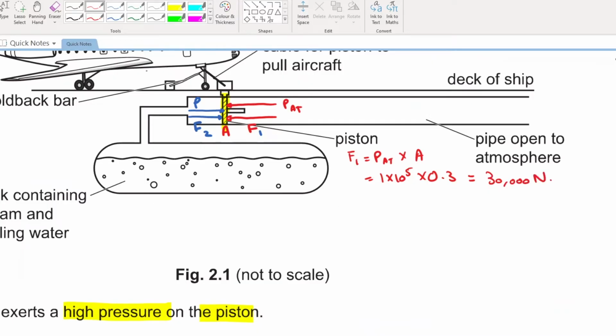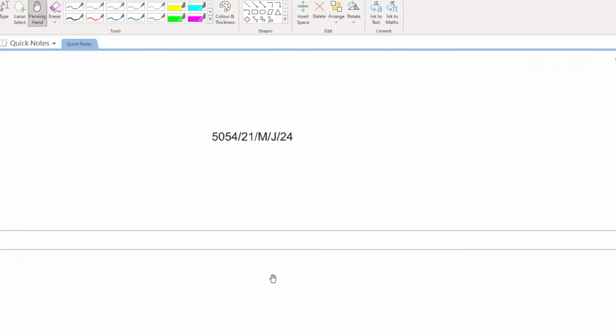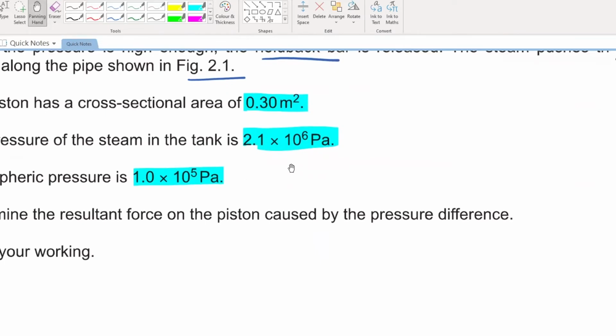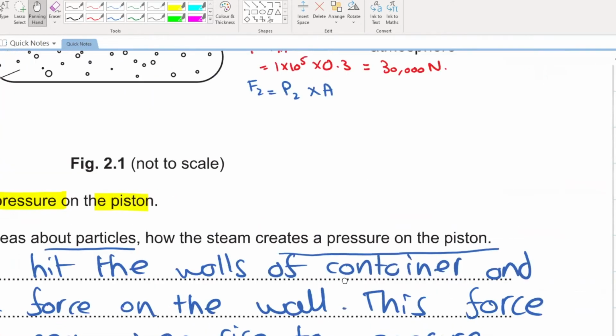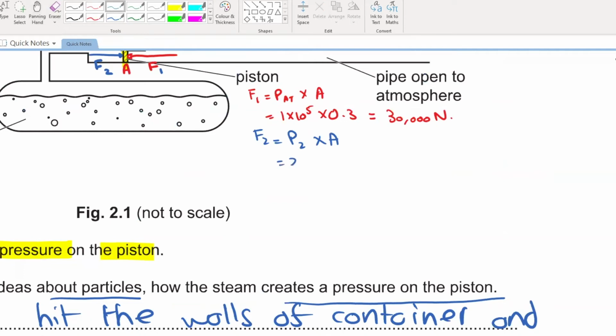Can I calculate F2? Yep, I can also do that. Let me do F2 in blue so that you have a differentiation. F2 is equal to the pressure 2 multiplied by area. What is the pressure 2? The pressure of the steam, 2.1 into 10 to the power of 6, into the area that is 0.3. What comes out to be your answer? Your answer comes out to be